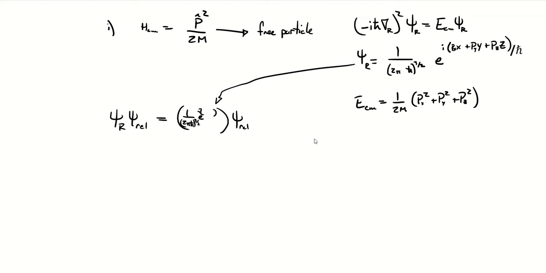That's not going to matter if we think of measurements that only involve the relative coordinate. So if you think of a standard spectroscopy measurement where you're looking at the hydrogen atom and how it goes through an energy transition from an excited state to a lower state, that's only going to involve the relative positions of the electron and the proton or the nucleus. That's not going to be affected at all by this center of mass wave function, right? It's essentially a global phase.